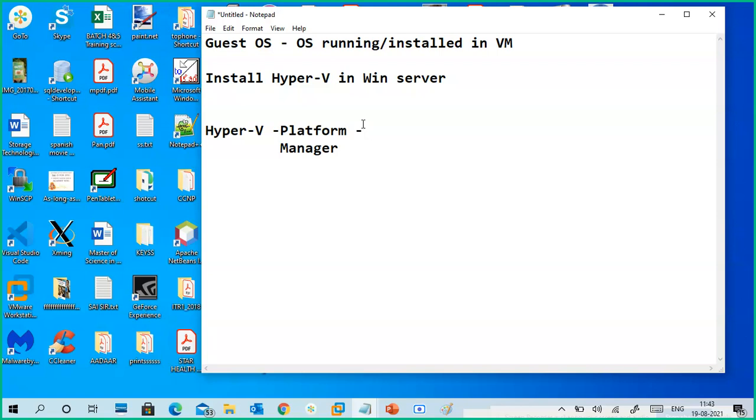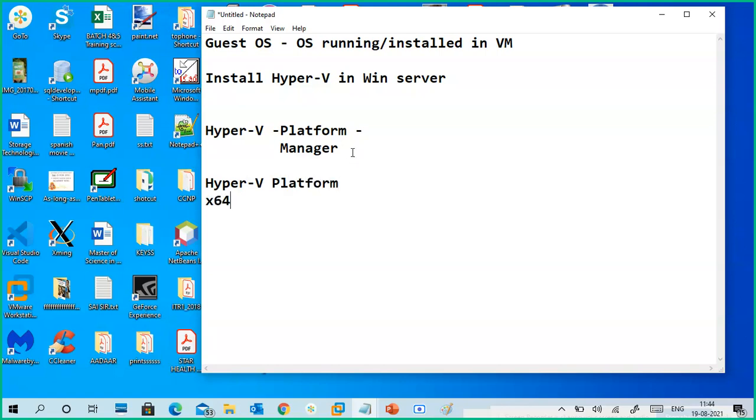To install the platform, a 64-bit machine is required. I will write it down. If you are using Windows 10 like that, it is split into two parts. But server is only a single one. But what is this Hyper-V platform?